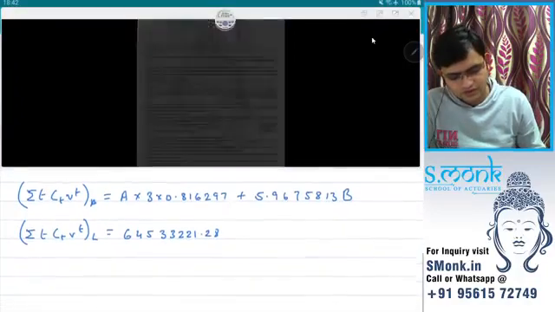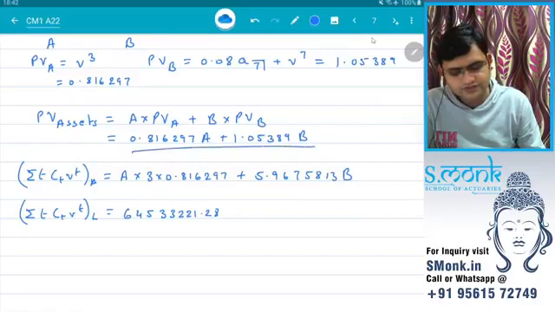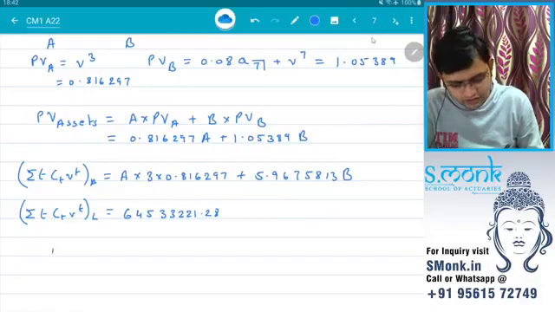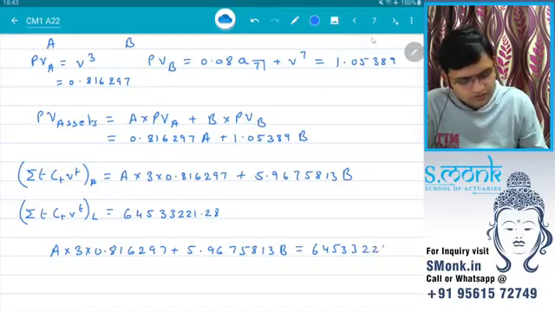Okay, so because of Redington's first two laws, we will say this must be equal to the present value, okay, and this must be equal to the liability. So what I'll do is I'll make the liability formula first. Is equal to 645332221.28